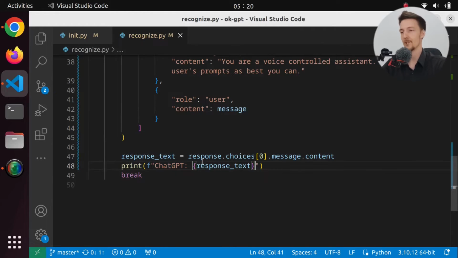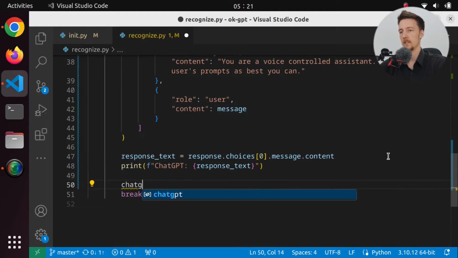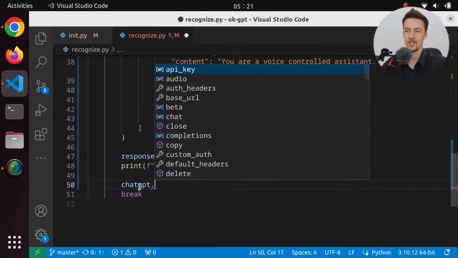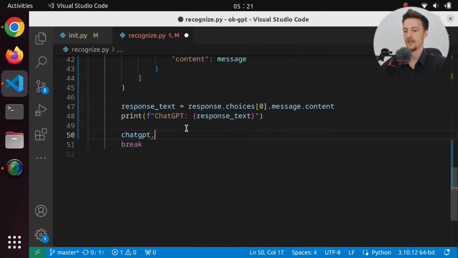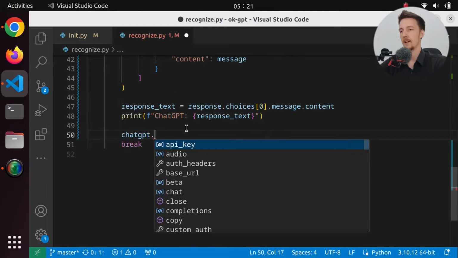Okay, now ChatGPT, or OpenAI, recently released their text-to-speech model as well. So let's actually try to use that one. So how does this work? It works something like this. We have to say ChatGPT, which I guess I shouldn't call it ChatGPT because this is actually the OpenAI model, but whatever. I will call it ChatGPT for now. And here we should have